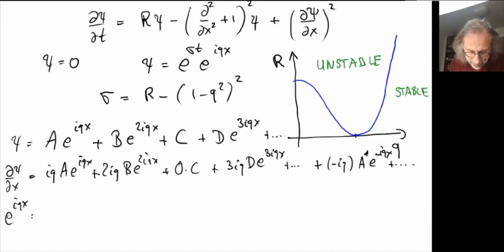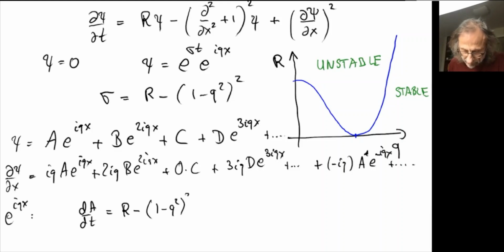We will have a dA by dt equals, and then we have an R, and then whatever this does with the wave number. So that combines to something that's R minus 1 minus Q squared times A. And then we have nonlinear terms